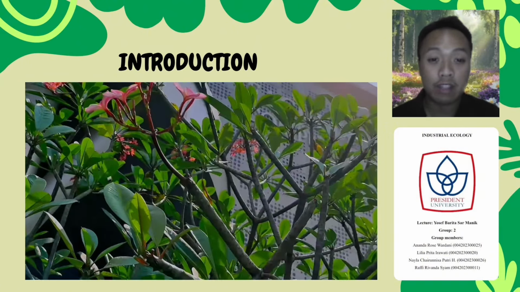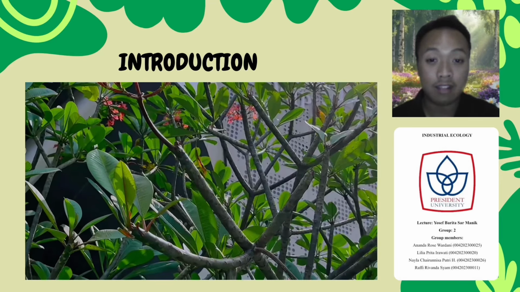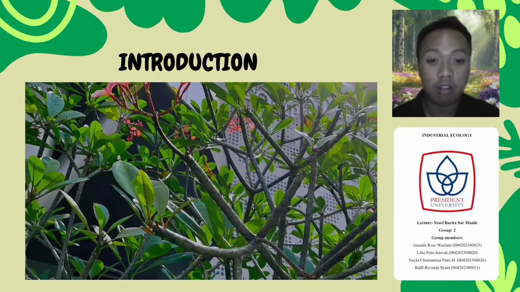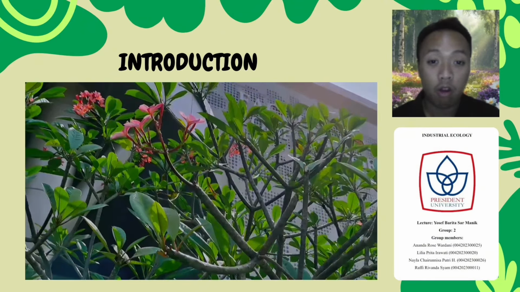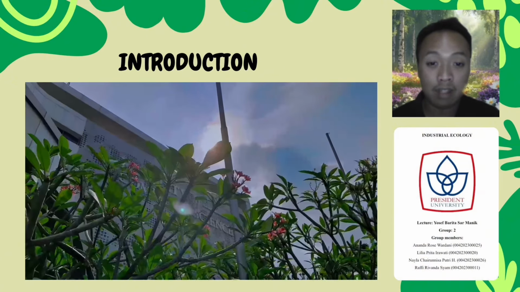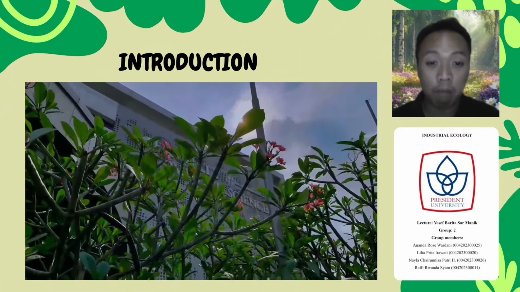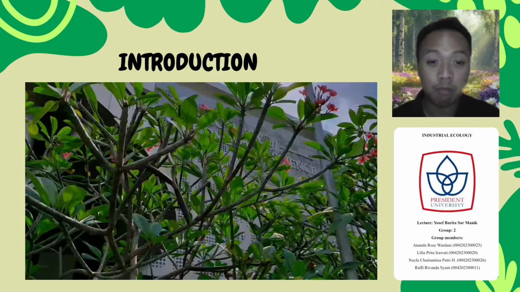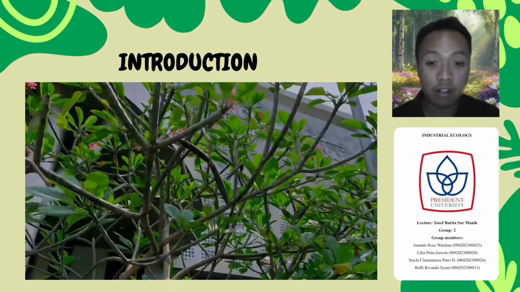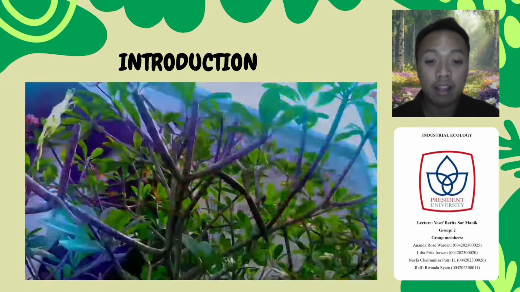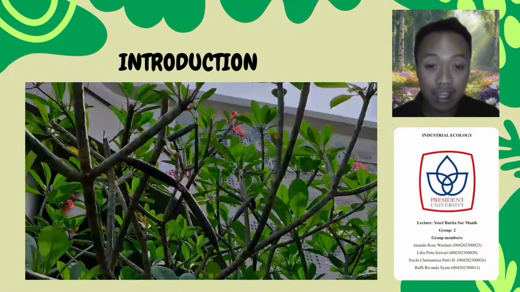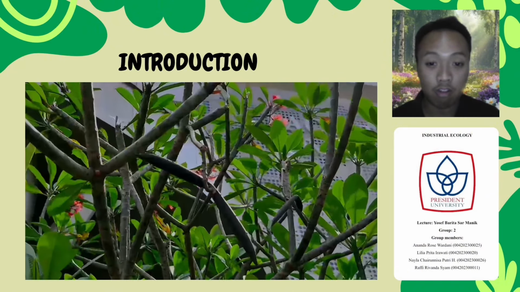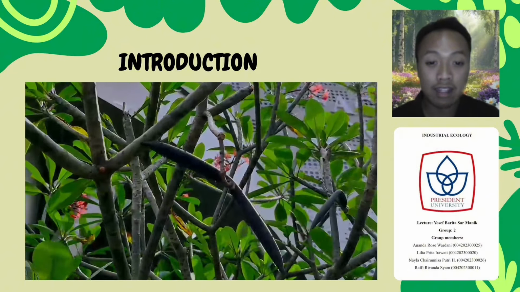The goal of this activity was to better understand the physical characteristics of trees and their ecosystem, and how this natural system can inspire the development of sustainable industrial methods. By studying trees like the Plumeria, we can apply concepts from industrial ecology, such as biomimicry, circular systems, and efficient resource use to real-world engineering problems. The method used involves collecting, analyzing, and documenting the traits of the tree species, then relating these traits to relevant